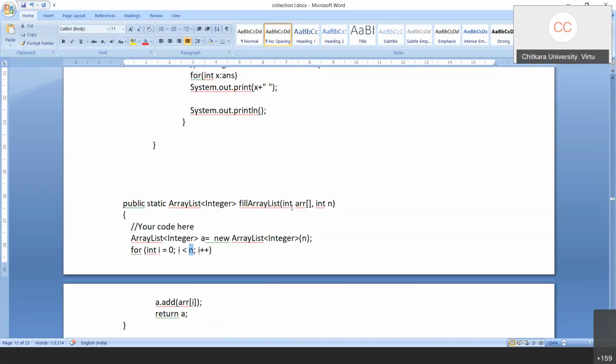Vishal, you're not getting the point. My point is something like this. How are you going to decide this particular loop? You are supposed to add the contents of an array to an array list, so you should know how many elements there are in the array. You can skip the size of the array list over here, but this loop will require n as a parameter of the function. The question was whether we can drop the parameter of the function. Only on one condition: you can drop the parameter provided you know how to use the length property of the array to find the size of an array.